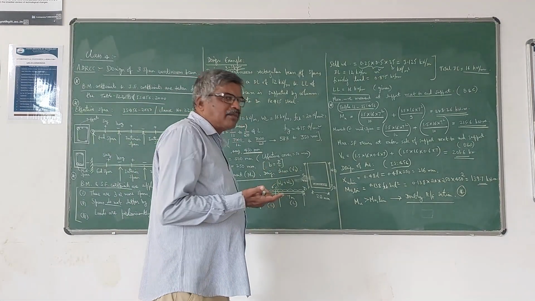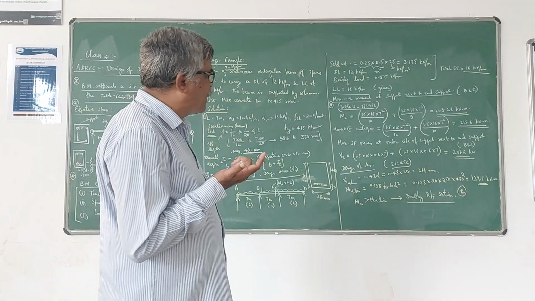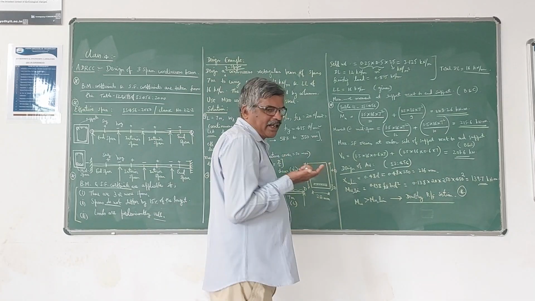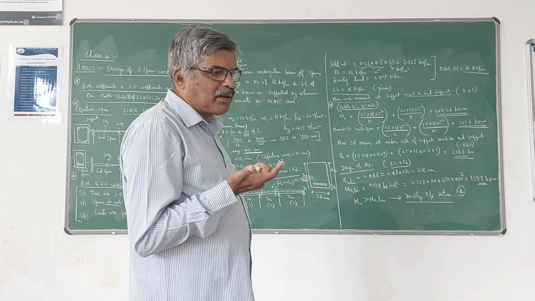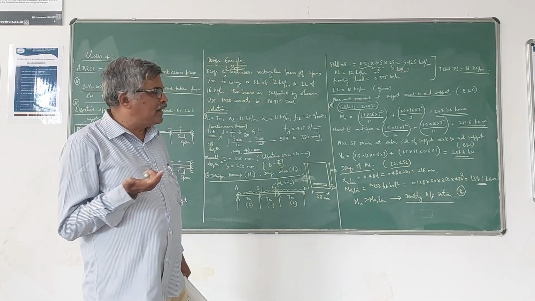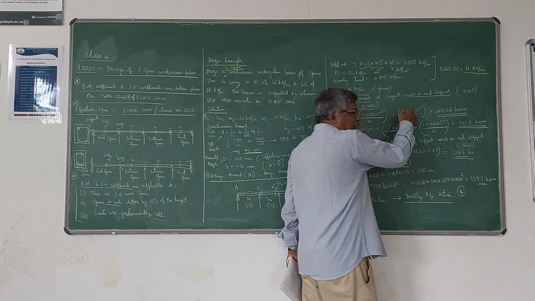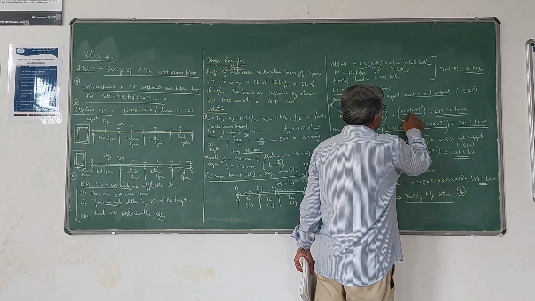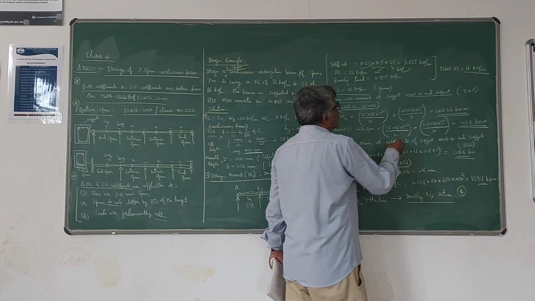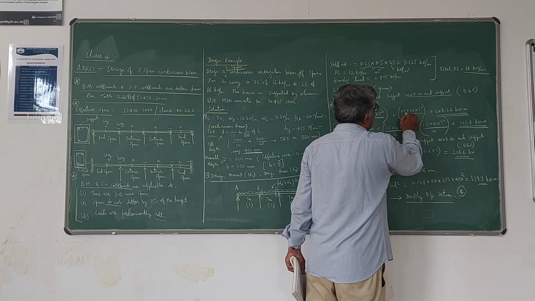That means sometimes the imposed load may not be the same. It may vary, so it may be fixed or it may not be fixed. Sometimes some temporary loads will be there as imposed loads. To take care of that, one more term will come into the picture. That is 1.5 into 16. So please see that here. This is for the not fixed load, into 7 square divided by 9.